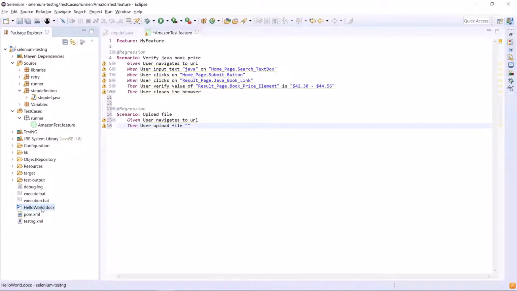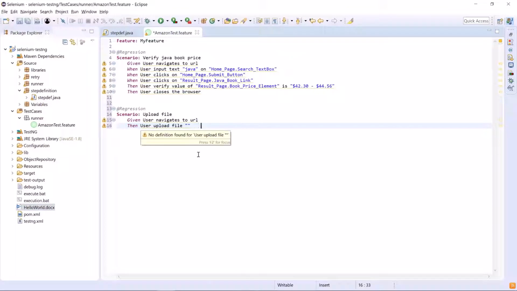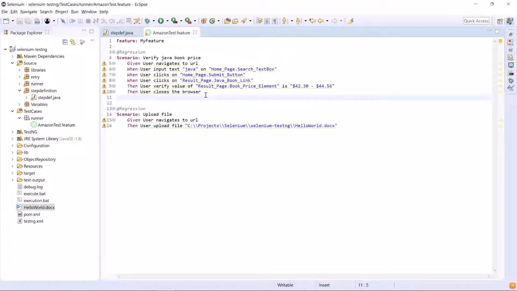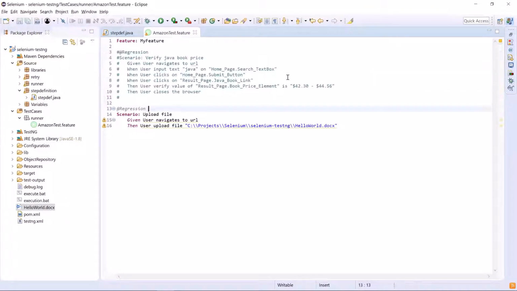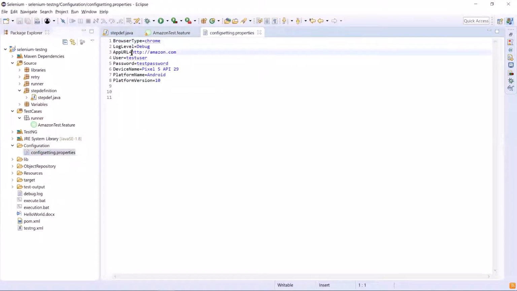So this is the file which we want to upload and it exists on my local machine. Copy the file path and pass it to the keyword parameter. Let me comment this scenario so that it runs only the file upload scenario. Also, I'm going to update the app URL in the configuration file. So this is the URL of a web page where we have file upload functionality available.